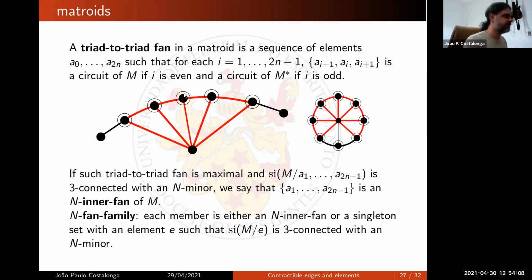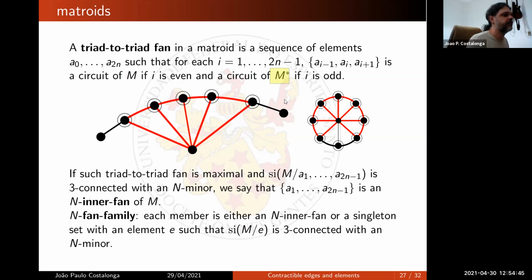So it's a lot to think of if you want to see it, but we can generalize the idea of a fan as a co-circuit, which is a circuit of the dual matroid, and a circuit, and another co-circuit and a circuit, a sequence of elements such that each three of them is a co-circuit, circuit, co-circuit, circuit, and so on, with 3 elements each. So it's a sequence of elements such that each 3 is either a circuit of the matroid or